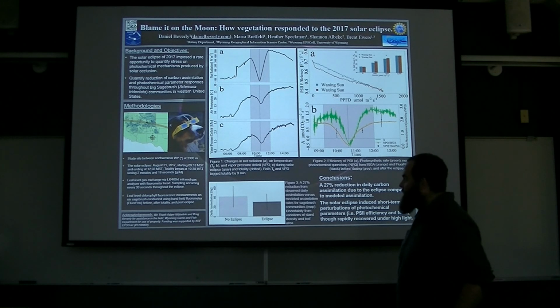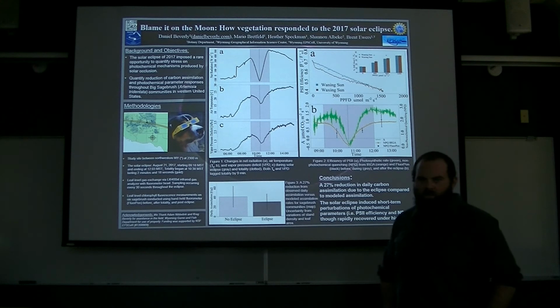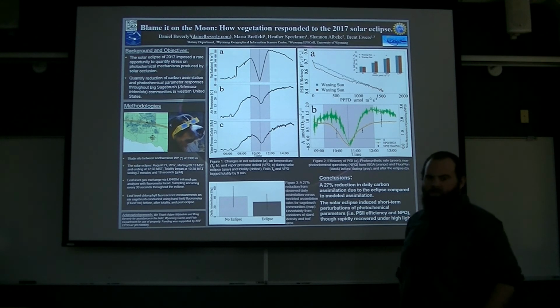So on the map on the right, you can see the western United States, where the blue represents sagebrush distributions across the states. The gold band that you see is the path of totality, or the complete darkness zone from the solar eclipse, and the star denotes where we actually took measurements. After setting up instrumentation and getting our protective eyewear situated, we observed the plant responses from the